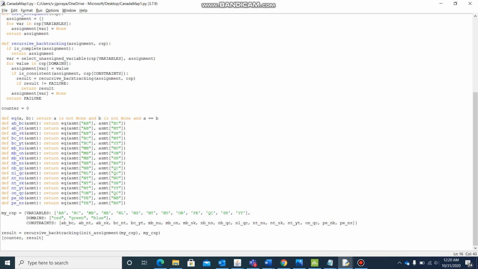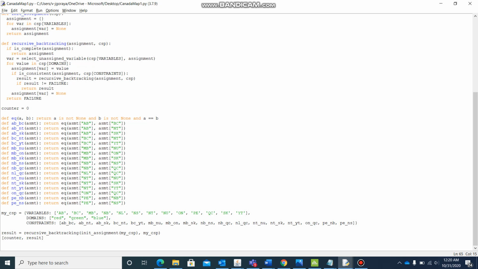And then at the end, I have given the variable name my CSP, and in it I have assigned the variables, which are all the provinces of Canada, and the domain is red, green, and blue.